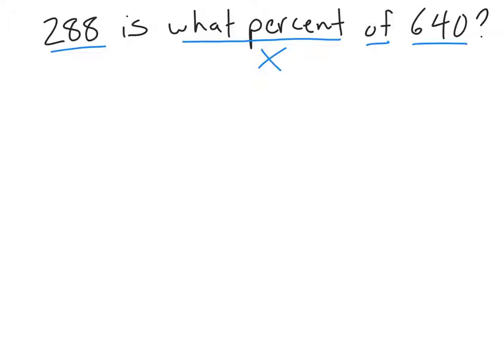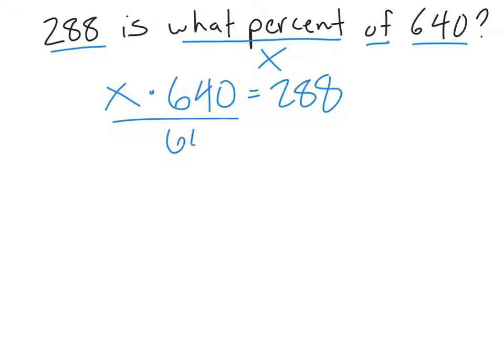So in our formula, it'll be percent times, so our percent is an x, I'll use a dot for times, our base, which is 640, equals the amount, the other number we have. All right, and then solve this for x, divide by 640, both sides. Those cancel out, and we get x equals, again, I would just throw this in the calculator, you'll get